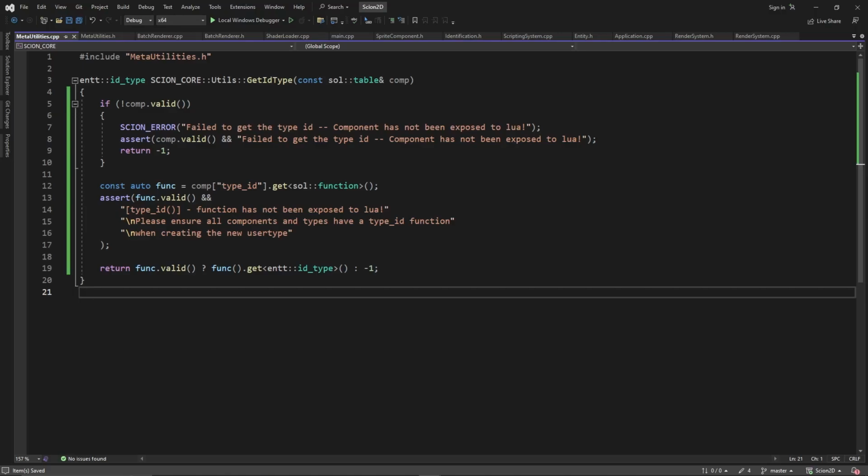Okay, now that we have our utility functions, we need to start to expose our components and the entity class and the registry to Lua and EnTT. However, after we do this, from here on out, all new components must be exposed to not only Lua, but also to Meta as well, because we're going to need to reflect those and be able to see those. First thing we're going to do is bind actually the entity. So let's go to